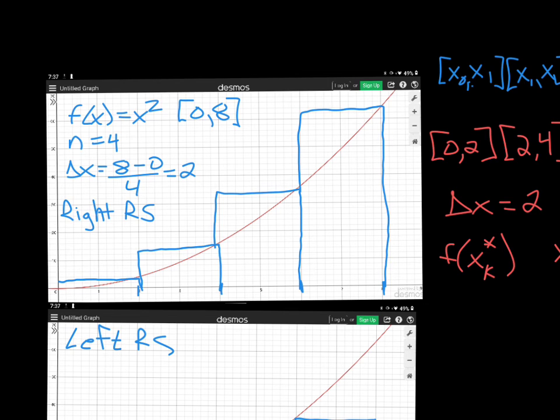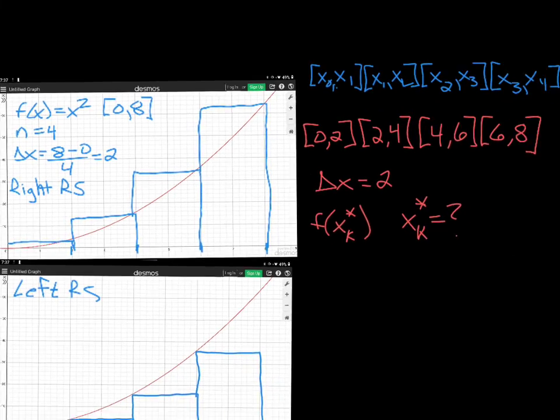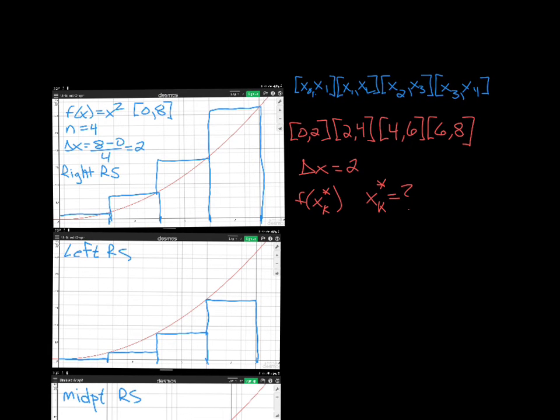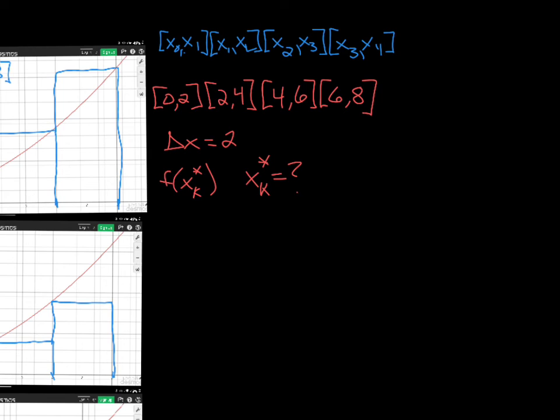So notice that those are the right grid point on each of our interval. So for the right Riemann sum on this, we're saying that it's going to be,